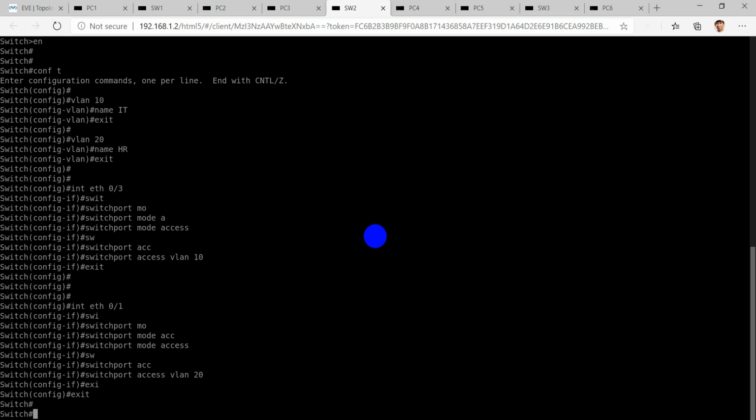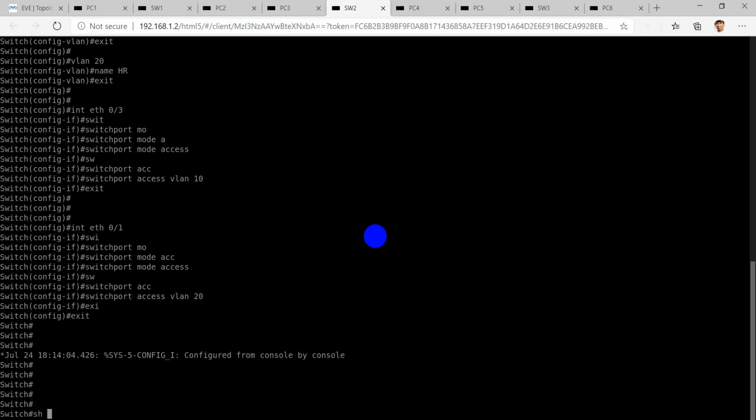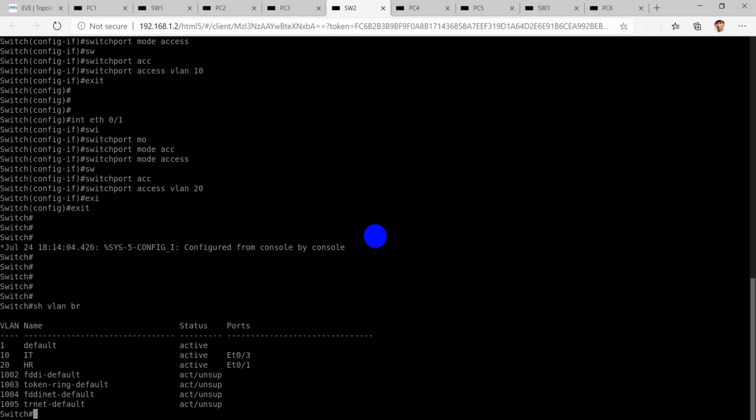Now we have configured these ports in access VLAN. We'll check these ports. You can see there is no other port, as 0/2 and 0/0 are trunk ports. 0/3 is assigned to VLAN 10 and 0/1 is assigned to VLAN 20.